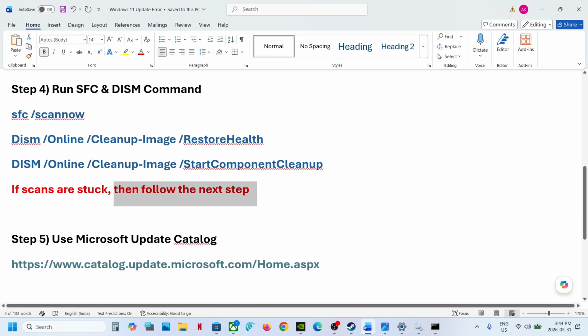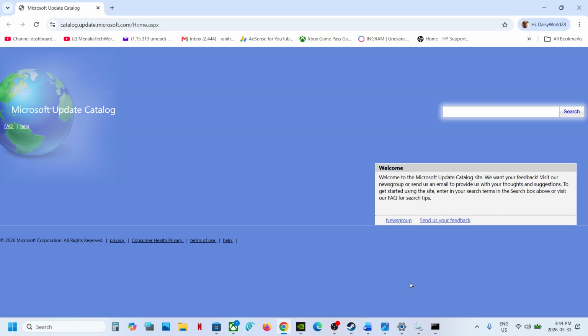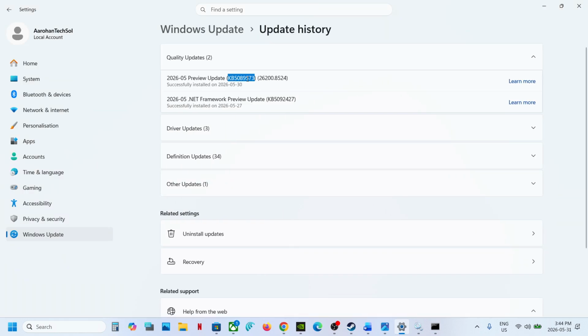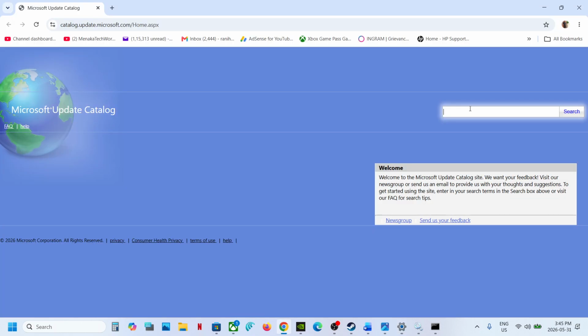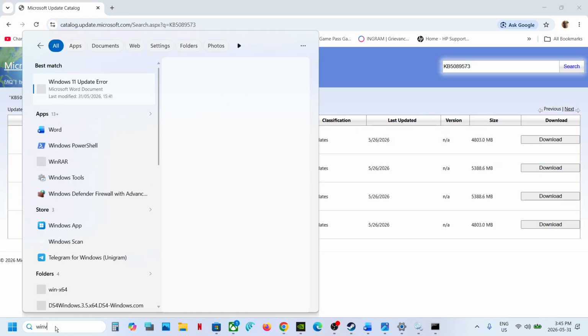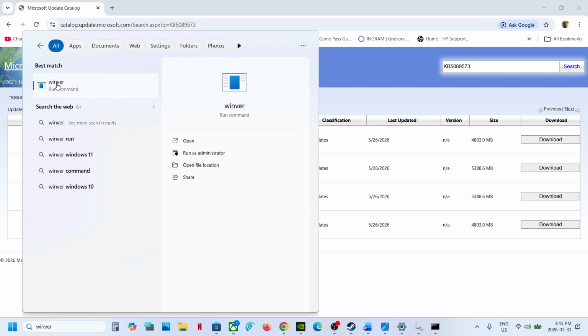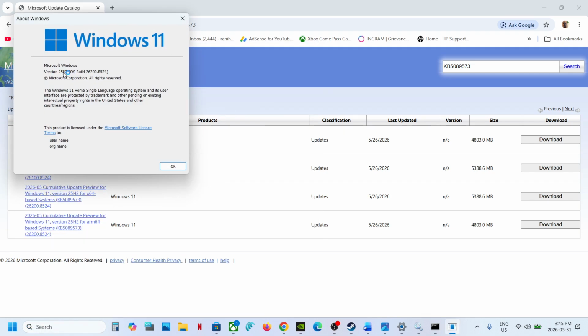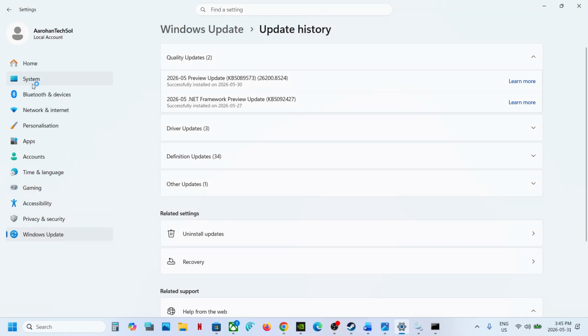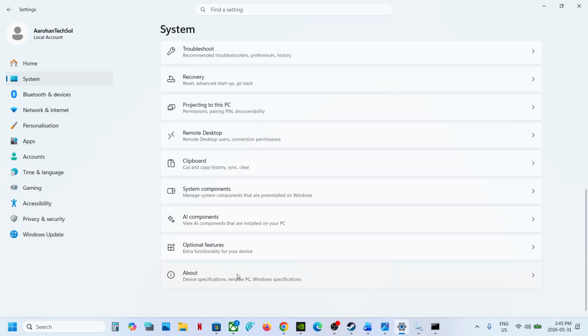Now the next step is to use Microsoft Update Catalog. Open this link in a browser. The link is provided in the video description. Over here you can write the name of the update, that is KB5089573 or this update, and then click on search. Now check your Windows version, so type in WINVER in Windows search box, click on WinVer run command. In my case, it's version 25H2. So check your Windows version, then open Windows settings, go to system, and then scroll down, go to about option